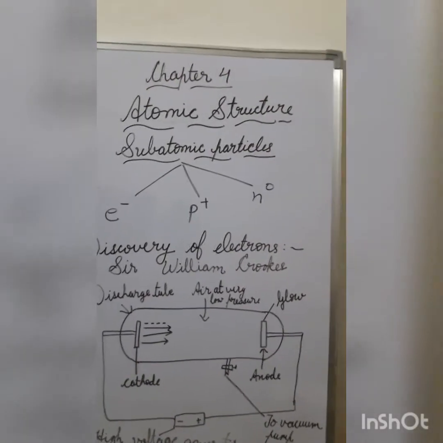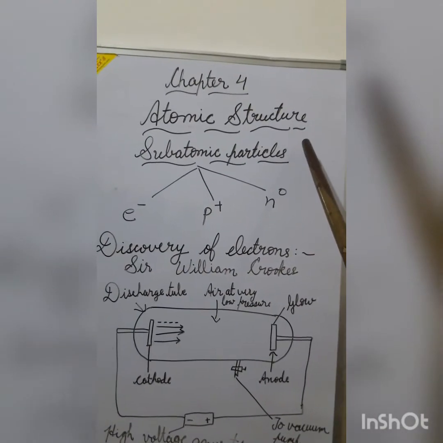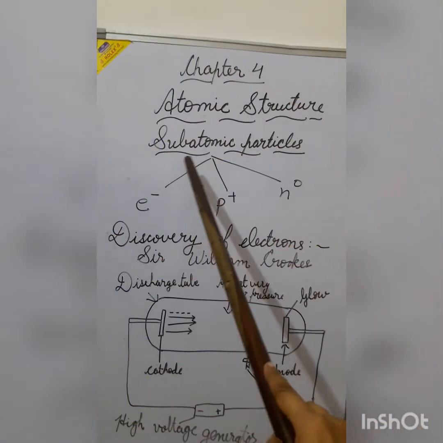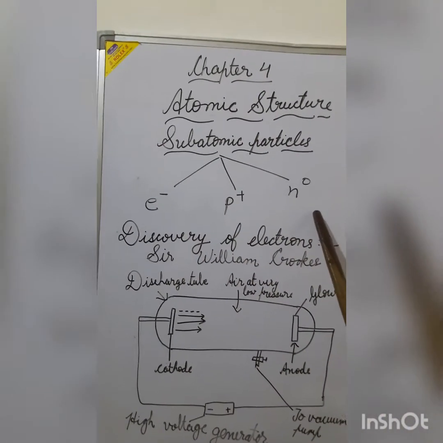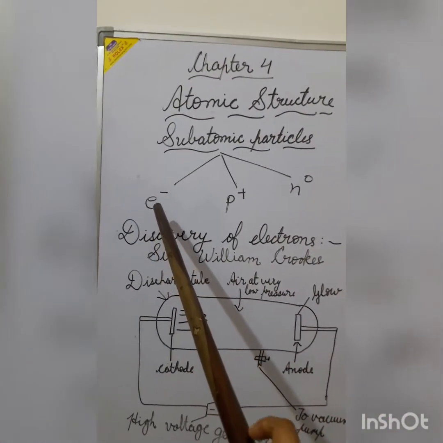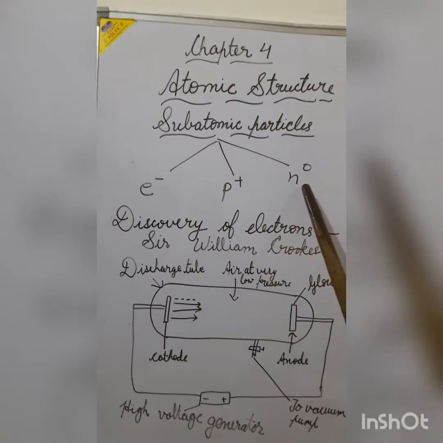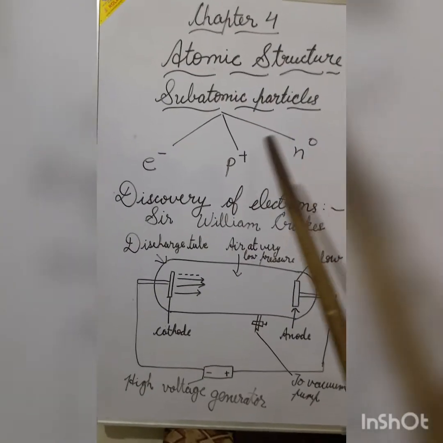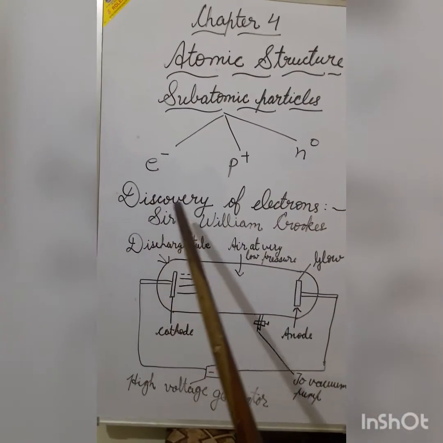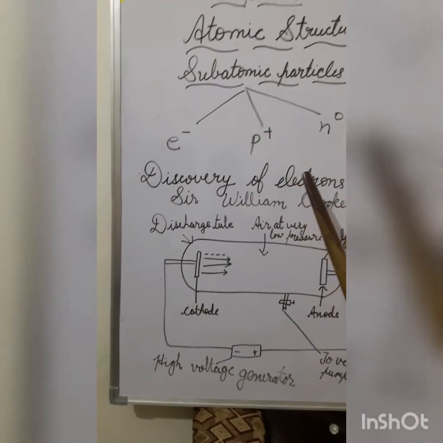Good morning, students. Continuing with chapter number 4, Atomic Structure. The atom can be divided into 3 subatomic particles: electron, negatively charged; proton, positively charged; and neutron, which has no charge on it. So, starting with the discovery of electrons, Sir William Crookes in